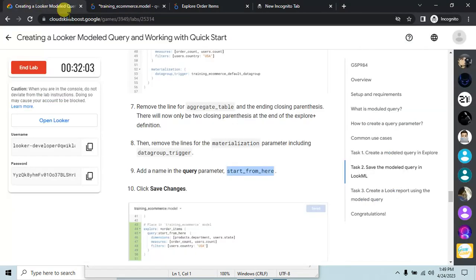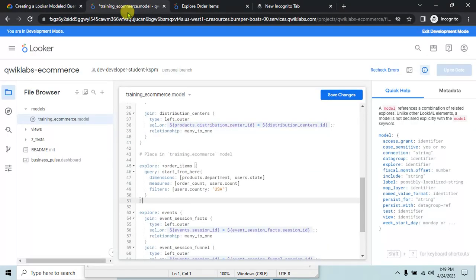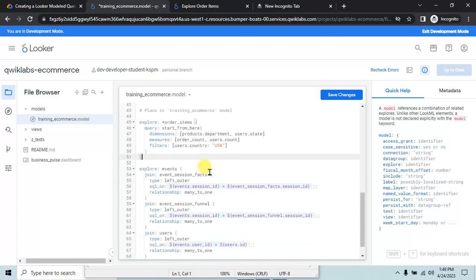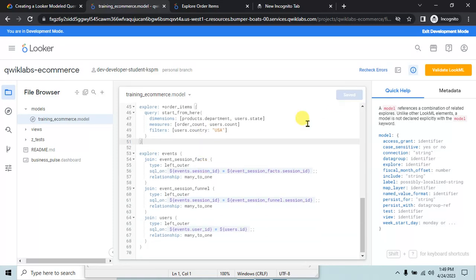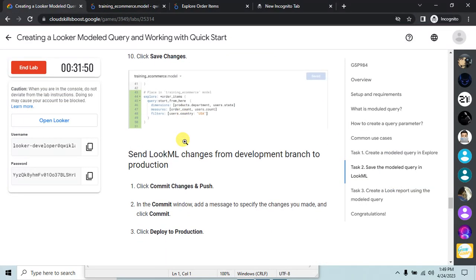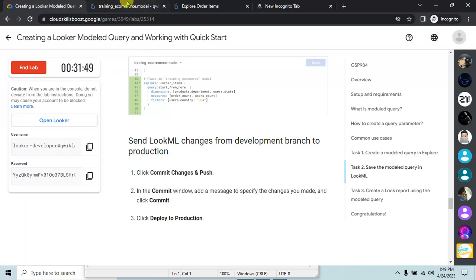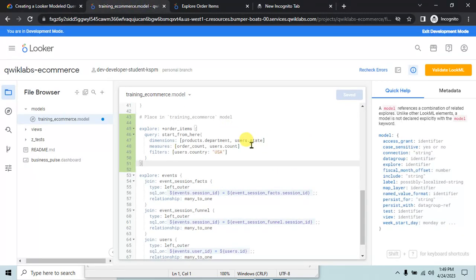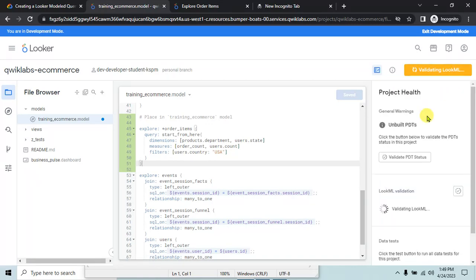Now we have to click save changes. Okay, just click this save changes button. Okay, so this was updated there, and once it is done, validate. Just click this button. Okay, again commit changes and push,